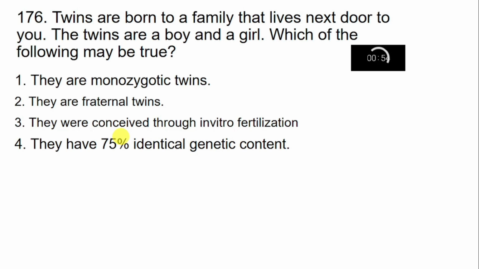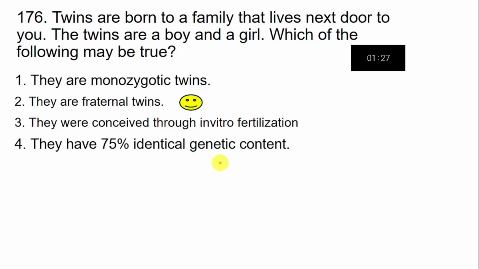So in this case, two ovum, secondary oocytes are produced simultaneously by the ovary, and this is the reason two different fertilization events happen, and therefore the genders are also different. There's a possibility that gender can be the same also, but it is also possible that one is boy, the other is girl. So out of all these four, the right one will be option number 2.